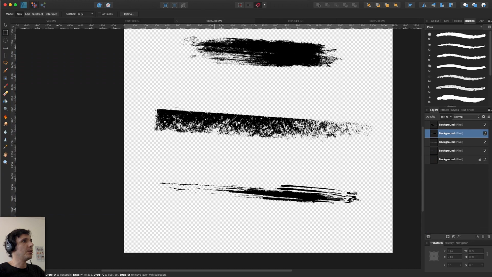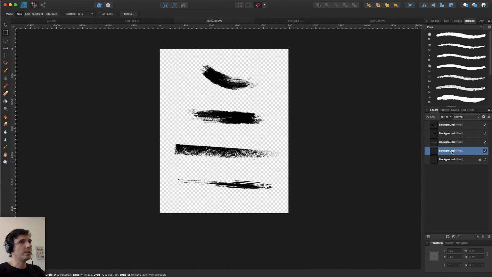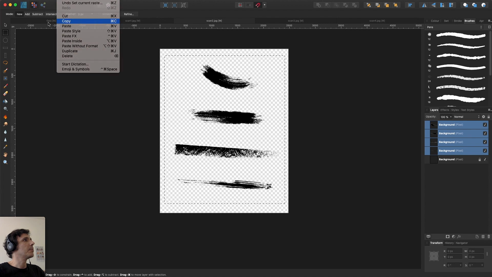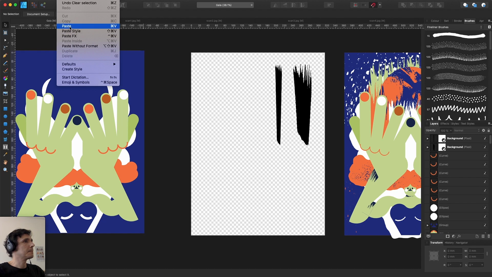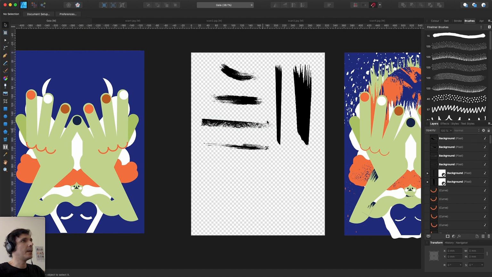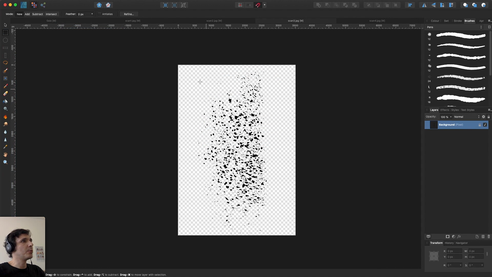Let's do the same with the other ones. So let's select the 4 of them, edit, copy, and so here they are. Let's say the scan number 3. Select it.